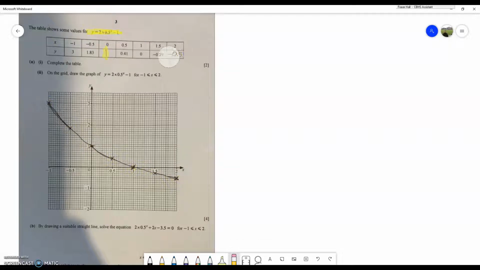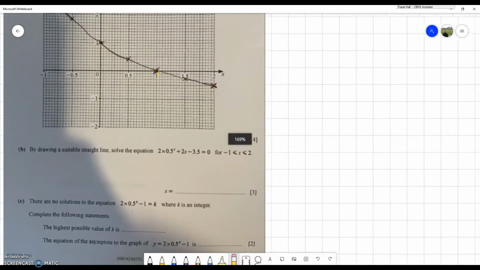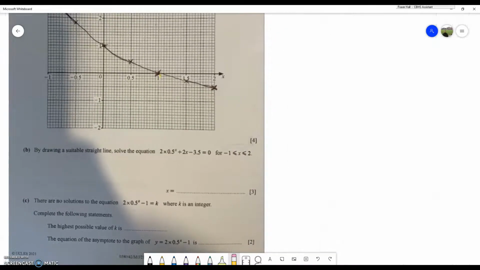So the student sent through this question not because they had a problem with the first part, but because they had a problem with the second part. To be able to complete the second part, you need to have an answer for the first, because it states about drawing a straight line and also solving the equation. So the first thing we should notice is that